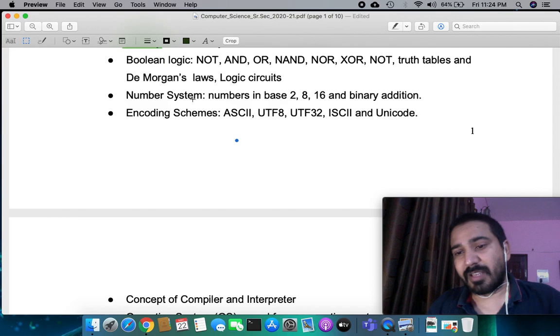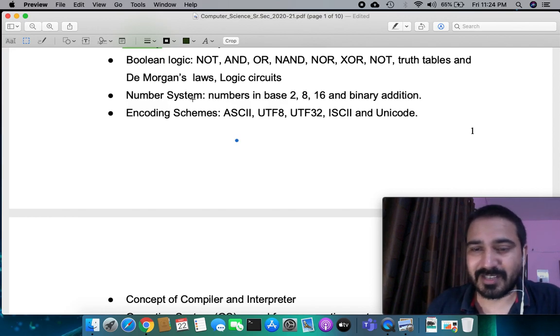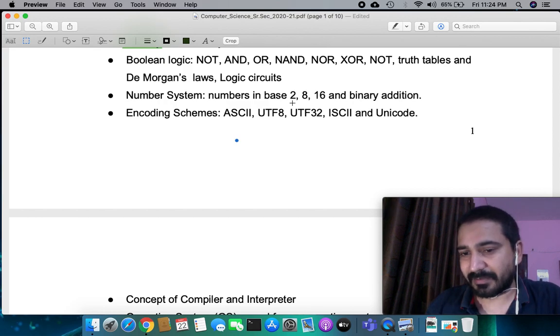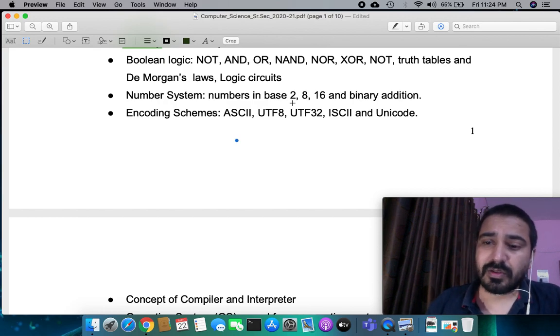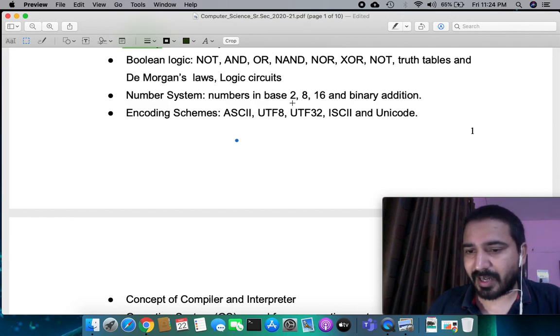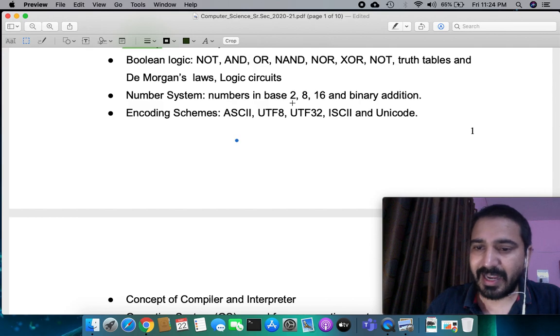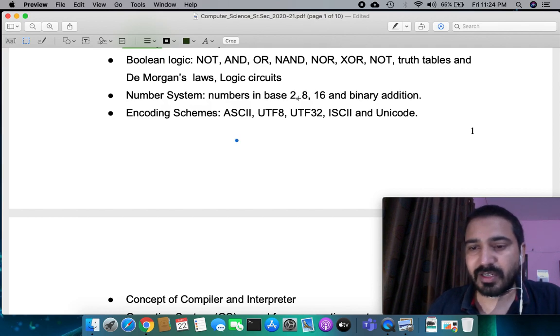Now come to the number system. Yeah, number system is very important, quite interesting as well. So what number system do we use? Yes, we use the number system of base 10. So why base 10? What is the meaning of base? The total number of different digits that any system has is called the base of that number system. So if we try to find the base of our number system, which counts units, 10, 100, 1000, 10,000, lakhs, 10 lakhs, crores, and all, the base of that number system is 10.